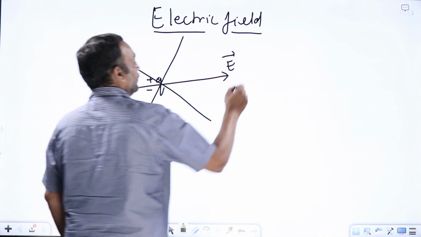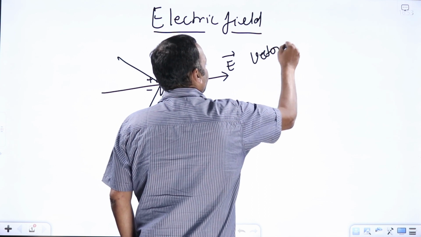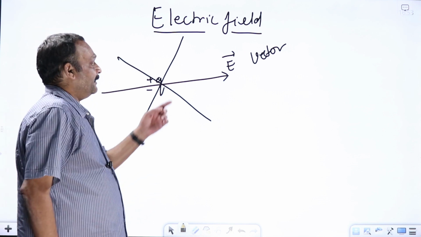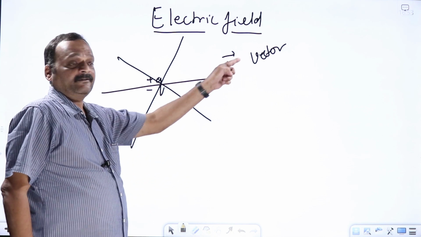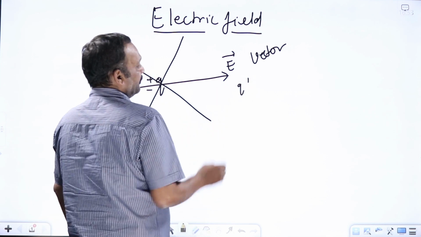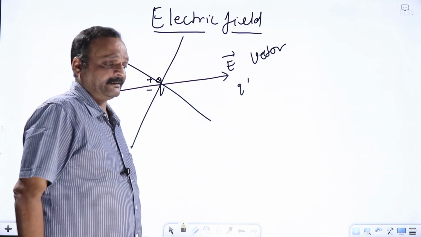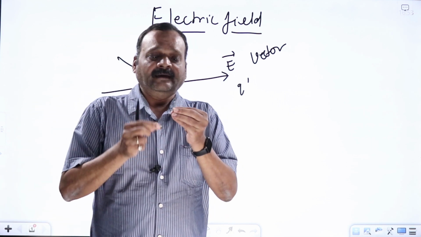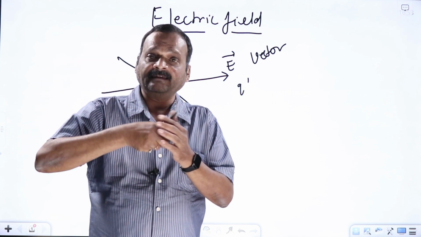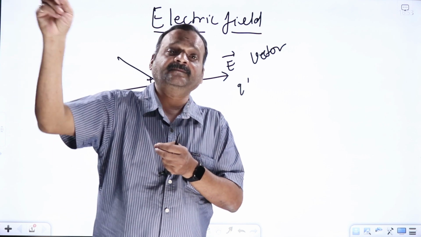This electric field E bar has both magnitude and direction. That is, electric field is a vector. Okay, it has both magnitude and direction. Right, and how do I know that there is something called electric field? Whenever you place some other charge Q dash here, this electric field will exert some force on this Q dash. Means it is like a two-step process where a charge produces something known as an electric field in the region around it, and that electric field will exert some force on any other charge placed in that field.